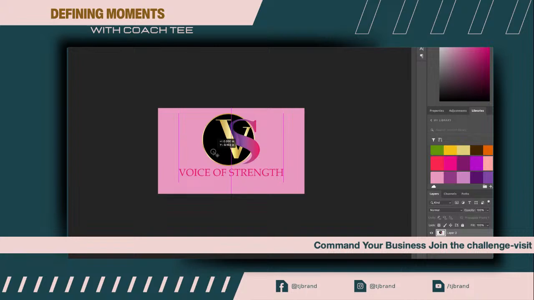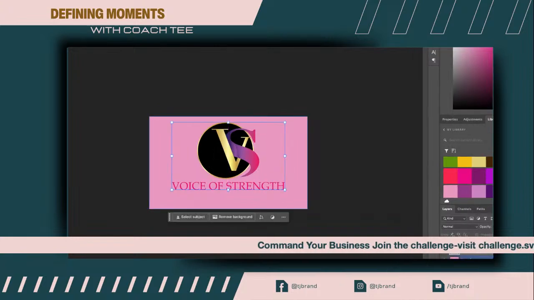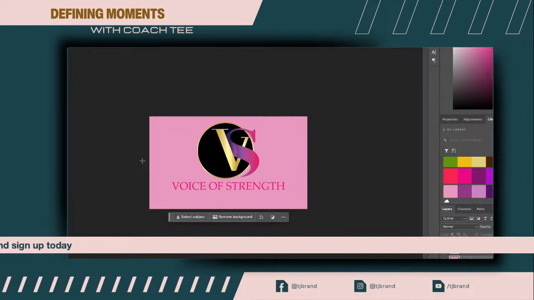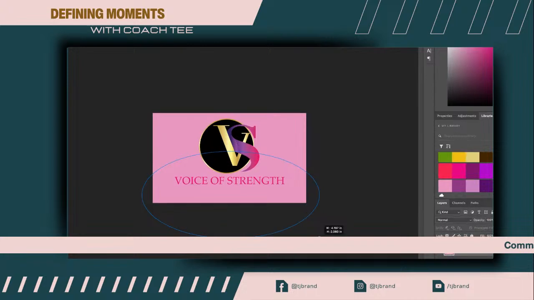So this is what we're doing. Normally when I design, I like to use shapes to help bring things out. I'm going to come over to my shape picker on the tools panel, which is the custom shapes area. I'm going to use the ellipse tool, and I'm just going to draw it down towards the bottom here.